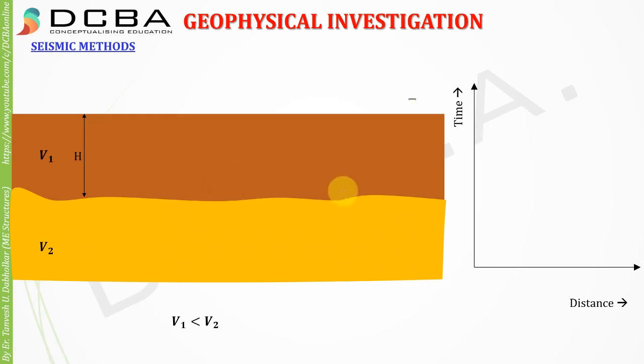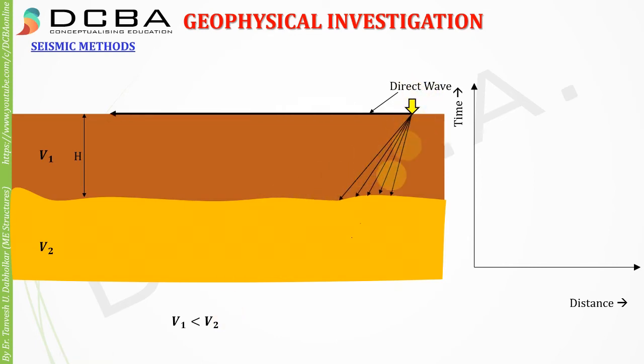So what we have to do is, this is the point of application of shock, and from this place we give the shock and different waves are generated. This is a direct wave which will travel through the surface. These are all the waves which are generated in all directions. When the first wave hits here, it will get reflected inside this medium of rock. Then a second wave, a third wave, a fourth wave, and finally there will be a wave which will hit this rock at a critical angle.